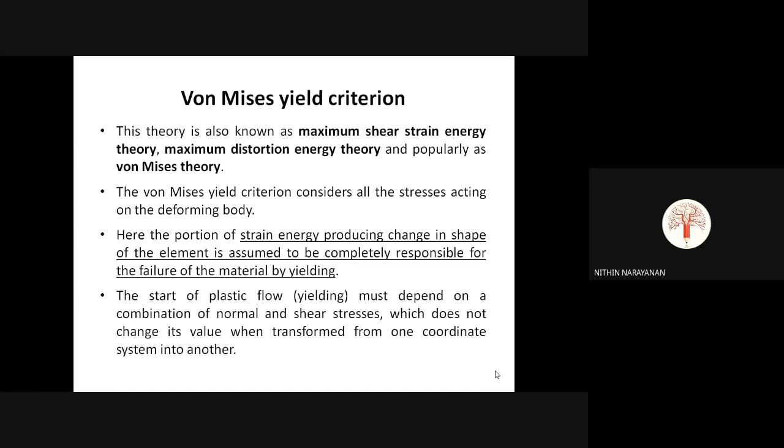Okay, so von Mises. This theory is also called the maximum shear strain energy theory or maximum distortion energy theory. In the von Mises criteria, it considers all the stresses acting on the deforming body. Here the portion of strain energy producing change of shape of the element is assumed to be completely responsible for the failure of the material by